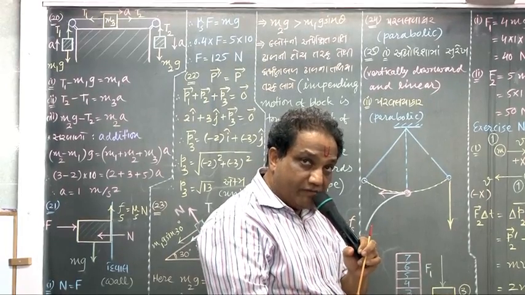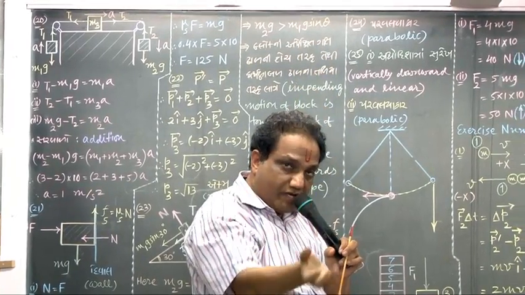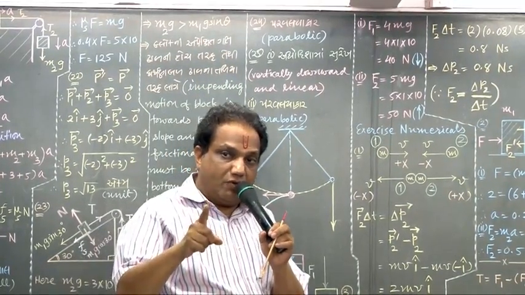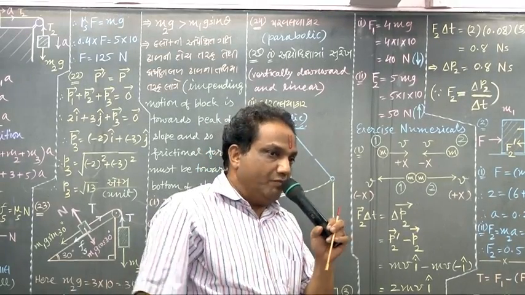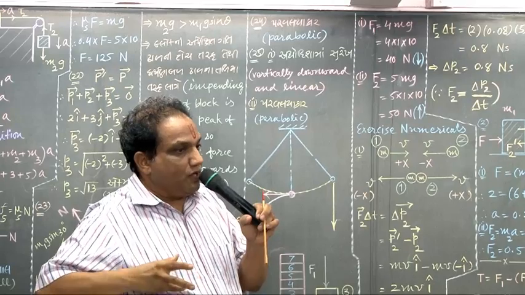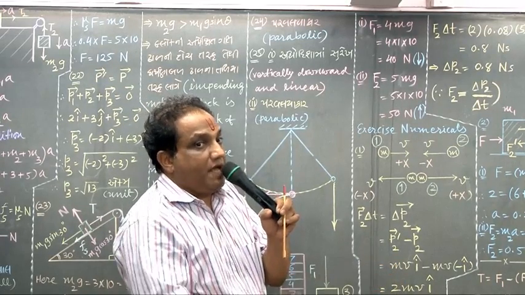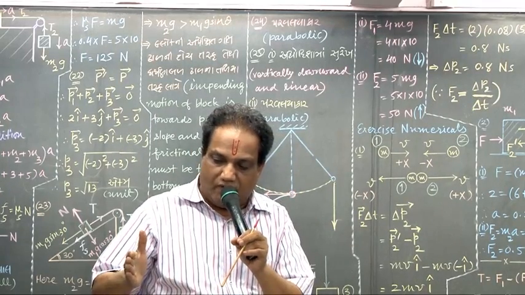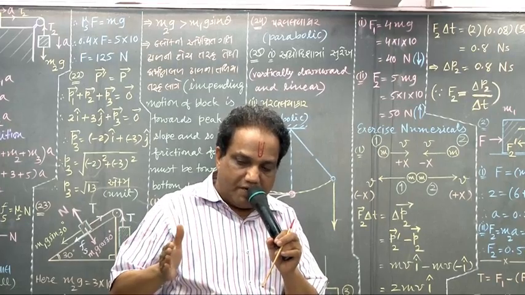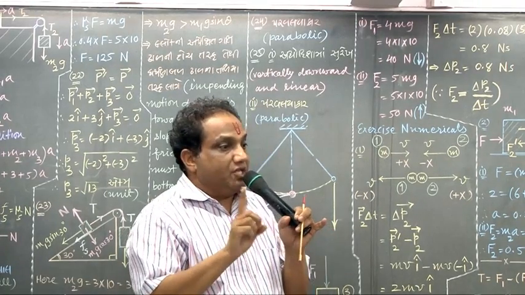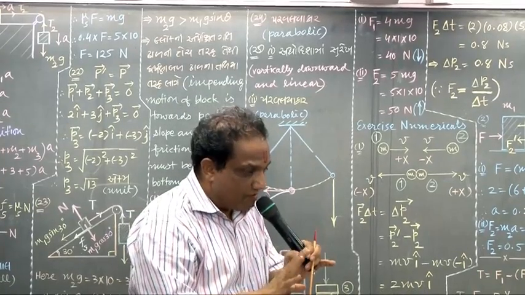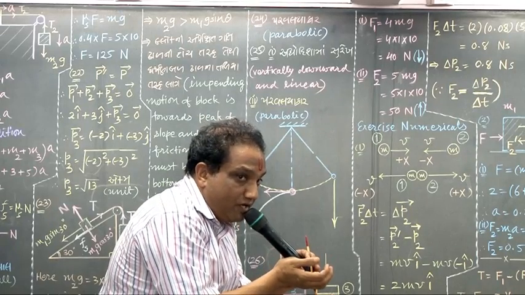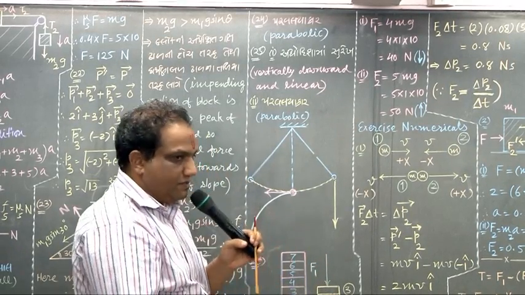That person will find the path of that ball vertically upwards, vertically downwards, because there is no relative motion in the forward direction between the ball and that person. The person also has the same constant velocity towards the right hand side, and that ball also has the same constant velocity towards the right hand side. So as much displacement as the ball makes in the forward direction, the same displacement the person also makes. There is no relative motion in the forward direction. So if he is throwing the ball, that ball will just come back into his hand only. Correct? Next.